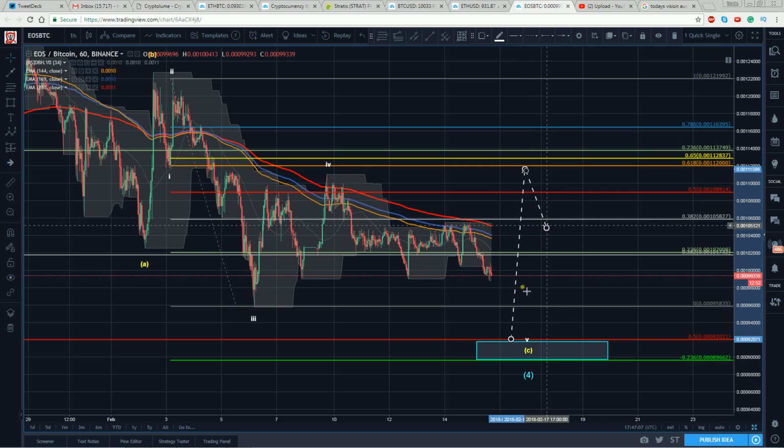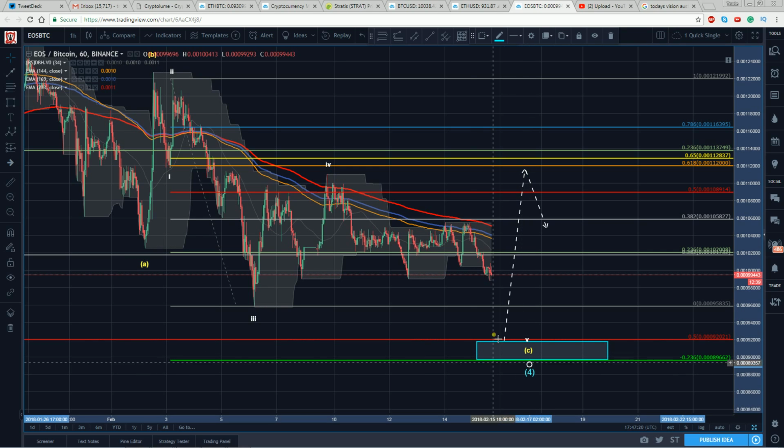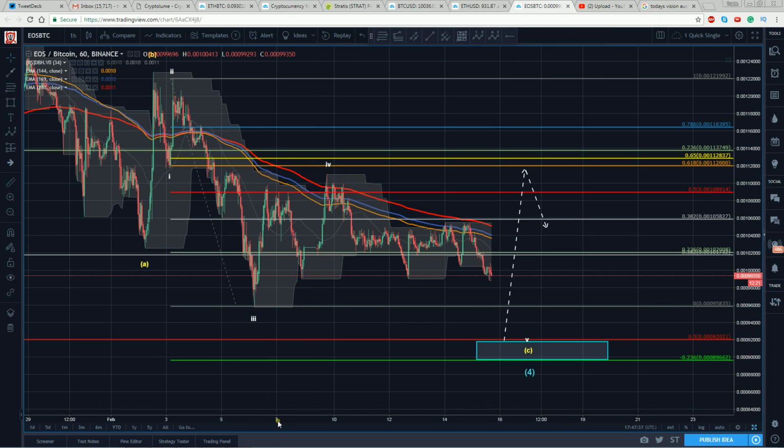Same thing. If you don't want to try and buy the sell-off, well, you wait for the reaction. Do we get the kind of reaction we would expect if this is a 5th wave, a C wave, and a 4-wave confluence zone in conjunction with an algo target? Are we going to get the reaction we'd expect? I mean, here was the last algo target. We got a reaction, but we don't get impulsive. We roll over again. All right, not the end of the world. More information. So the correction's not done yet.